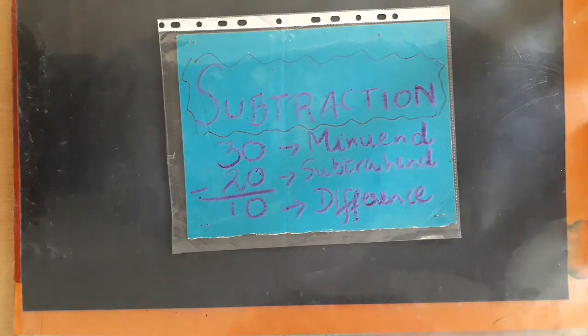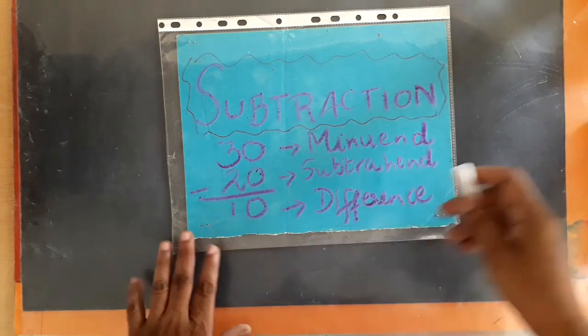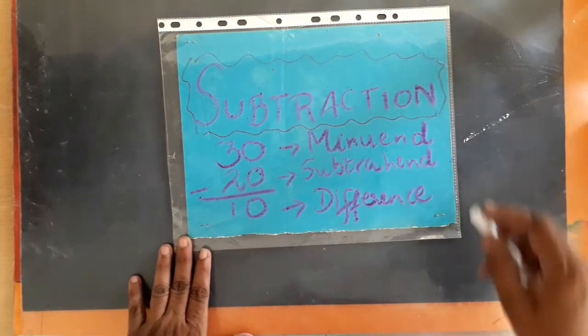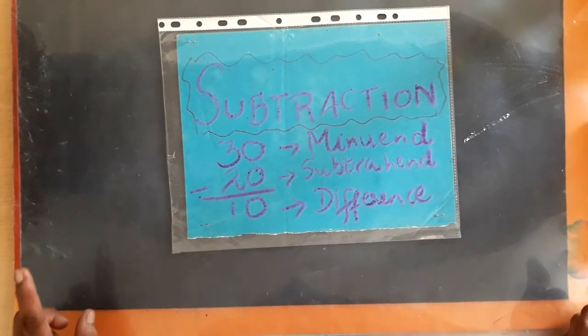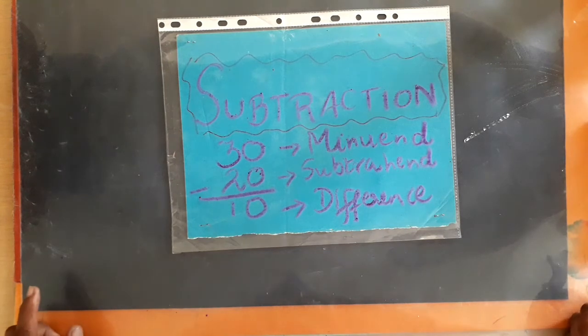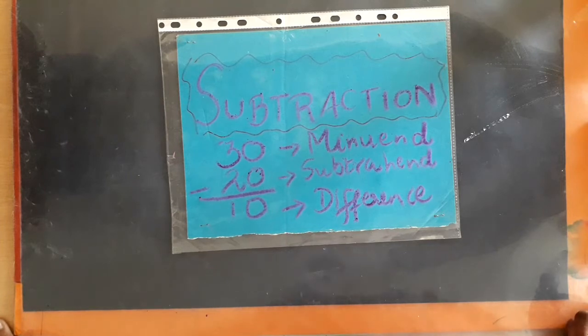Subtraction means taking away a number or a quantity from a given number or quantity. The answer is called the difference and we use the symbol minus for doing subtraction. Remember that we always subtract a smaller number from a larger number. Also, the difference is always smaller than the bigger of the two numbers, except when the number which is to